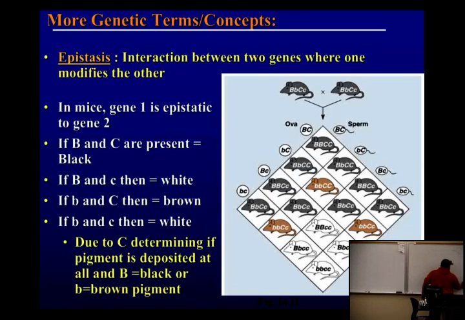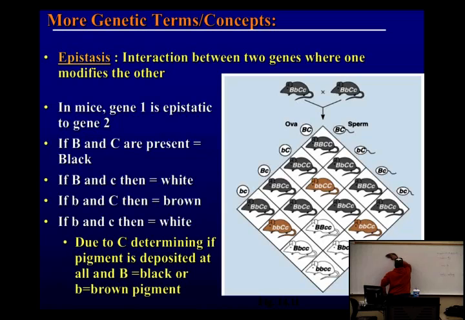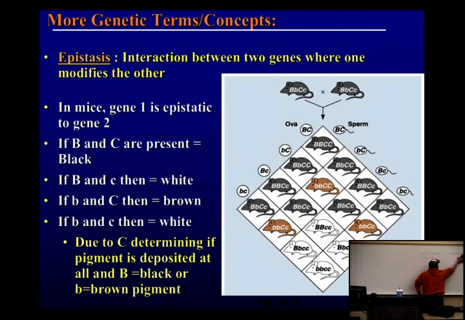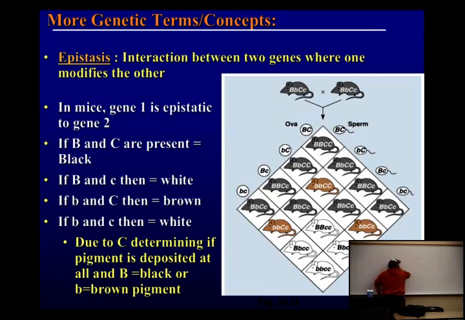So that brings us to epistasis. We talked a little bit about this. Epistasis simply means that two genes work together to produce a single trait. So the one on the board shows the trait for hair color in mice. And what's going on is that there's two genes.